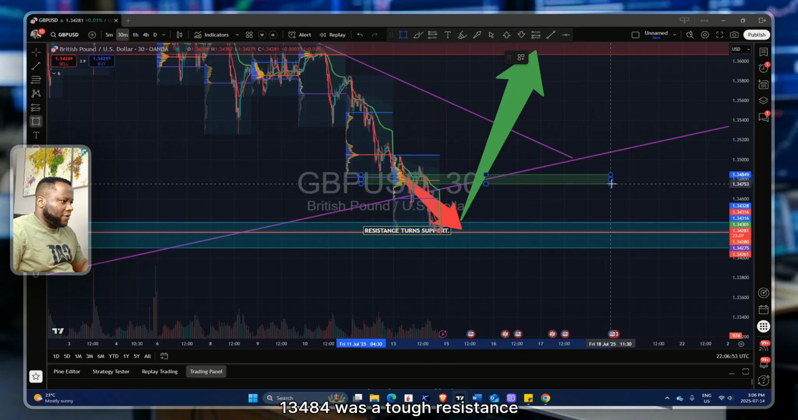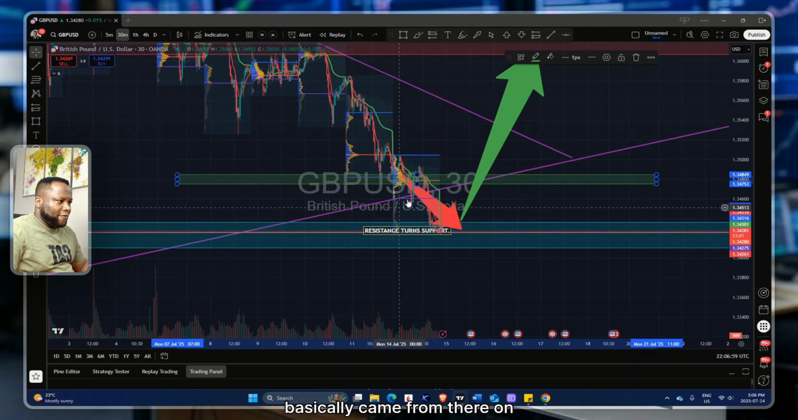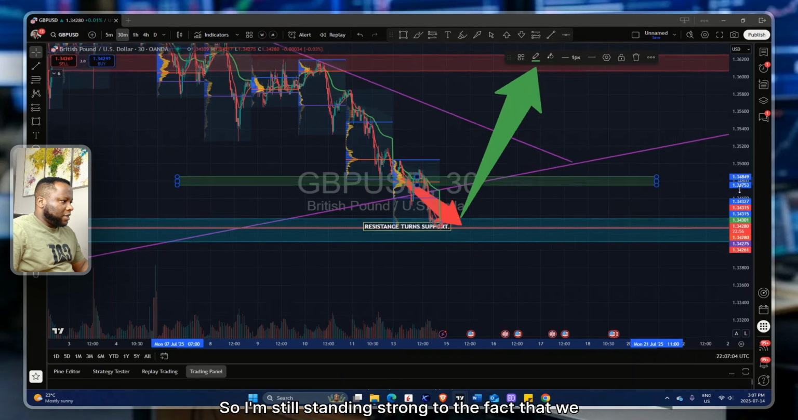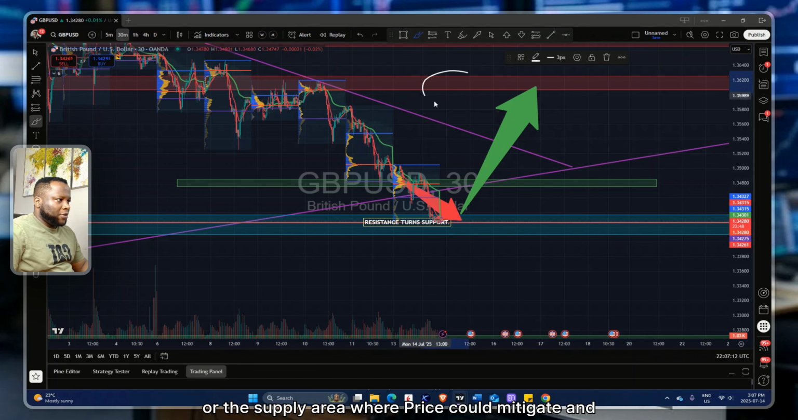Okay, 134.84 was a tough resistance for the market to break for the previous session. Well, we basically came from there on down the way down here. So I'm still standing strong to the fact that we still have this resistance over here, or this supply area where price could mitigate and retest this resistance. Okay. That being said,